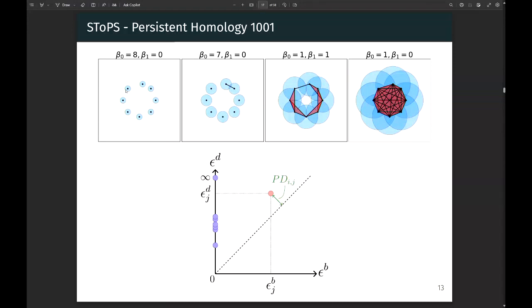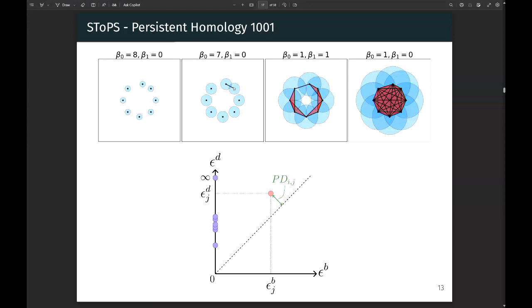And we're going to track 2 quantities. The first quantity is how many disjoint objects there are, because when any 2 balls touch, we join those 2 objects together. So here we have 8 disjoint objects. Then at some size of epsilon ball, these 2 objects join, so now we only have 7. And eventually, they will all combine into one object on its own. That's what we call the H0 homology. In the 0th order, that corresponds to the number of disjoint objects.